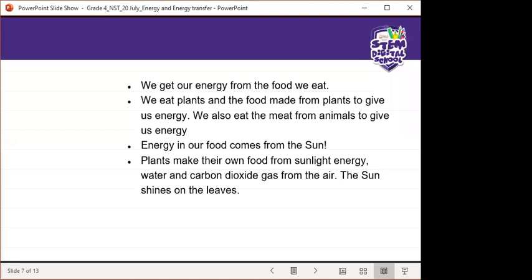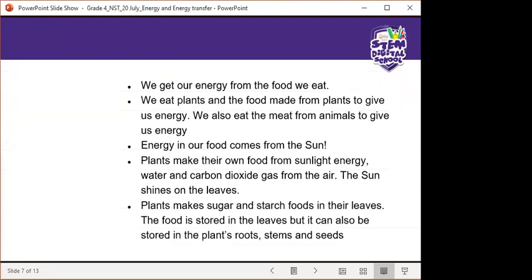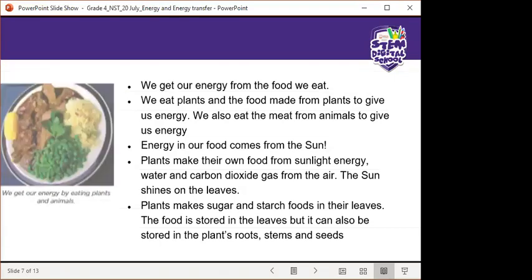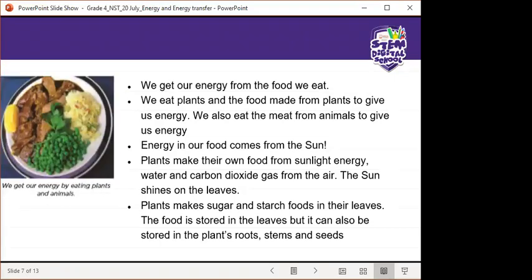So plants make their own food from sunlight energy, right? Water, carbon dioxide from the air. Then the sun shines on leaves. Plants make sugar and starch foods in their leaves. The food is stored in the leaves, but it can also be stored in the plant's roots, stems, as well as seeds. So for those of you who want to write down, I will come back to the slide,